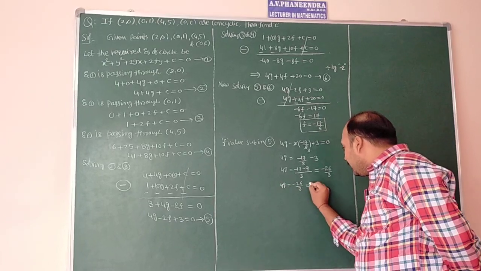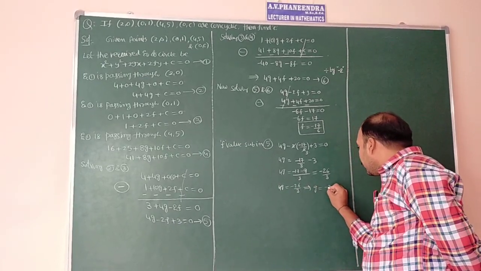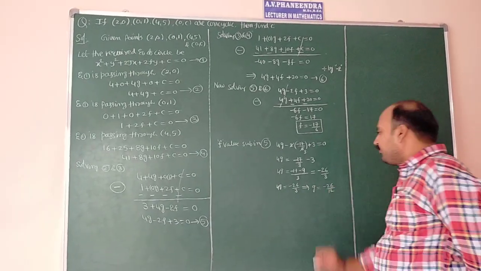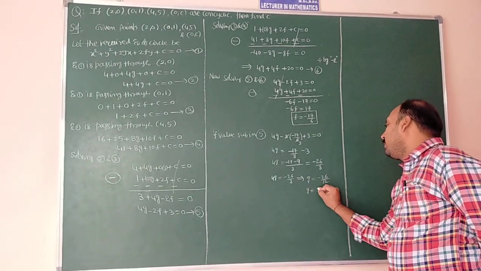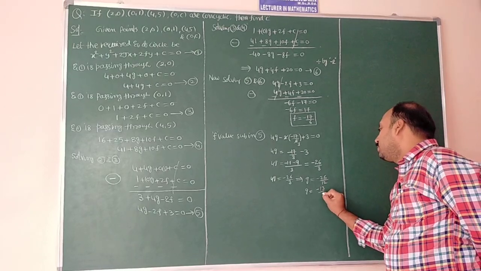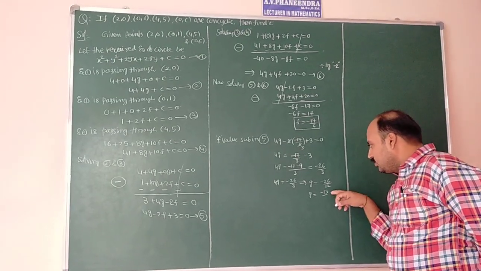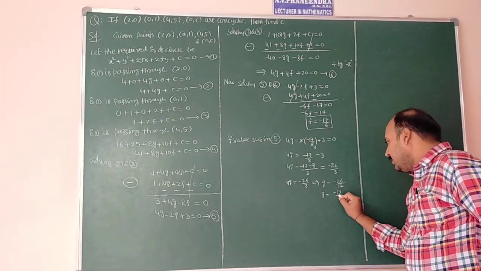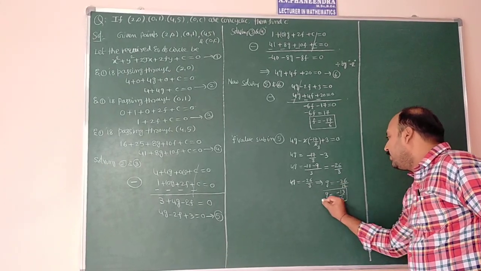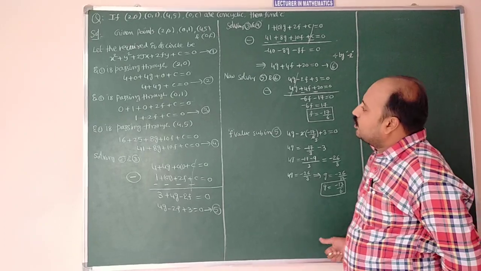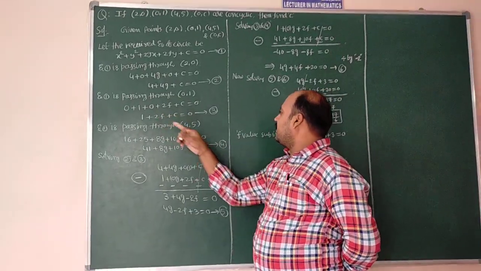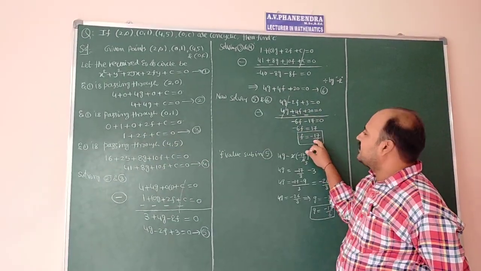That 4 also we can take this side. G equal to minus 26 by 12. So 2 table, it will become 2 13s, sorry, 3 dividing by 2, yes, 2 13s and 2 6s. So g value is minus 13 by 6. After getting the g value, the f value is better now. F is equal to minus 17 by 6.